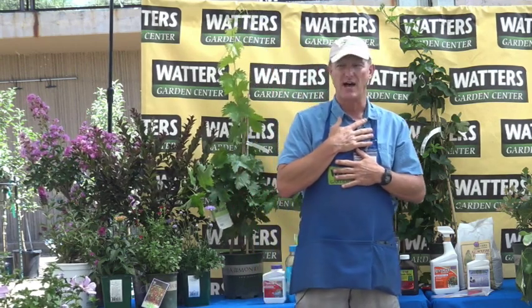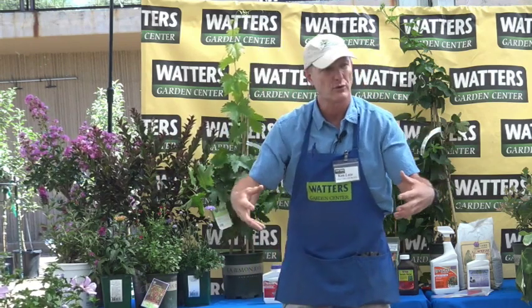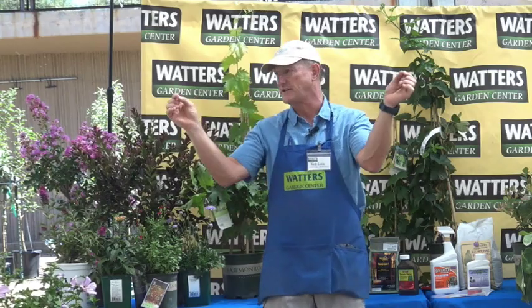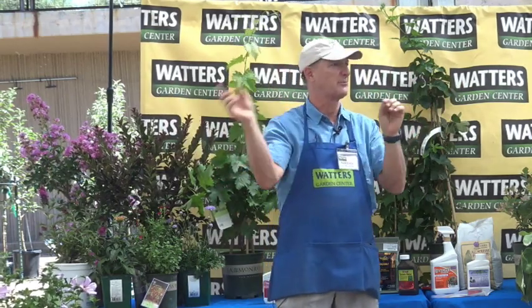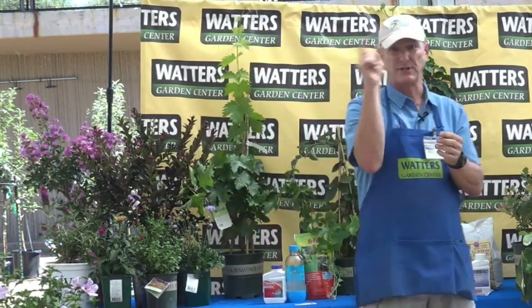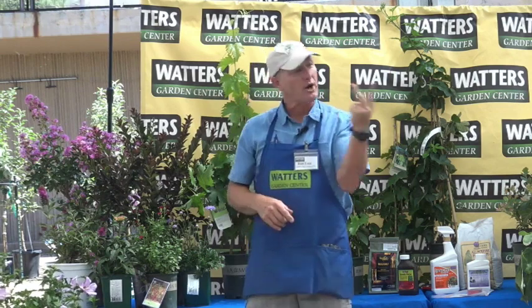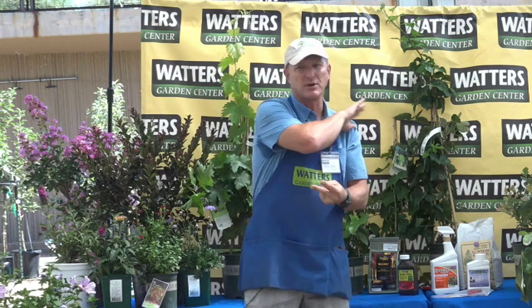Systemics are where you give it a bug killer at the roots. The plant will actually absorb that through the root structure, take it up through the cambium layer, then taint the flowers and the foliage so the bugs get eaten from the inside out. The problem is it can sometimes get into the fruit. So we do have a systemic. We make it for here. It's called Plant Protectors, one we put together for up here. Mainly I put that together because pinyon pine scale and bark beetle are so bad that they kill off our pine trees. In fact, entire neighborhoods have been slaughtered by this bug. So I created that for those